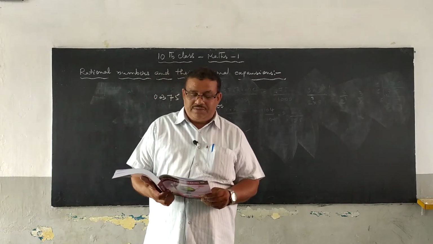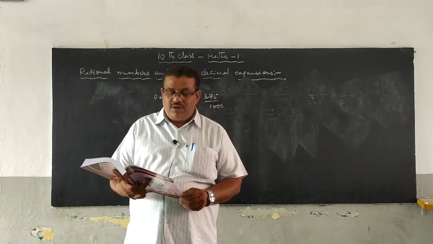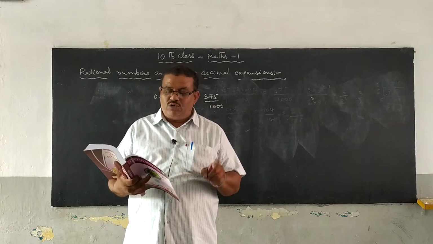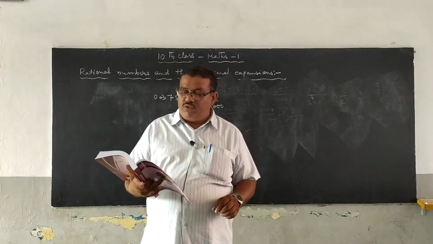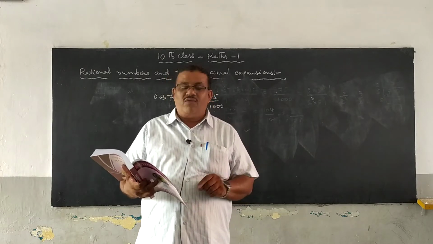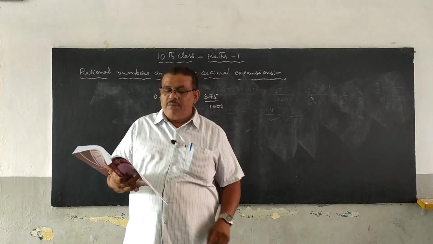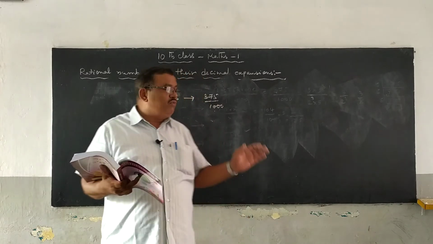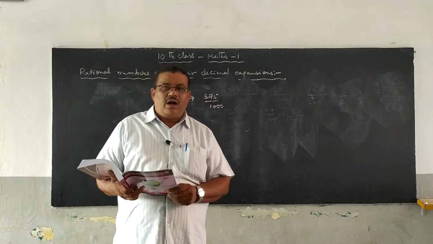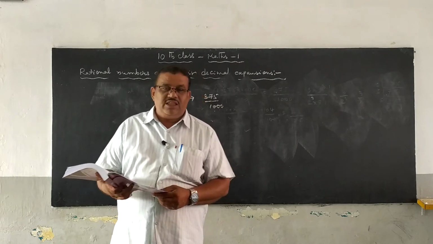All of you see these on page number 10. These problems are there, 5 problems. Those are 15.265, the second one is 0.1255, the third problem is 0.4, the fourth problem is 23.34, the fifth problem is 1215.8. You have to change these decimals into p by q form. Like we did before, you have to practice at home and upload it in our school WhatsApp group. So what is theorem 1.3?